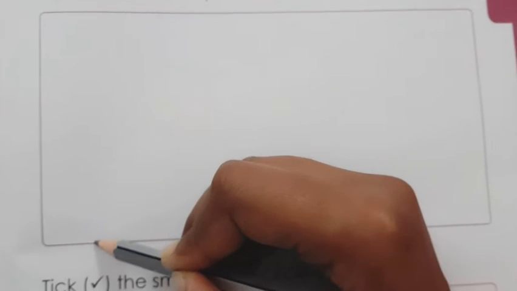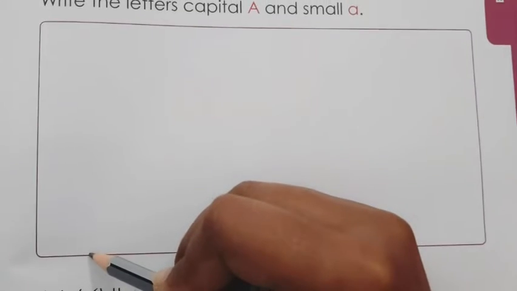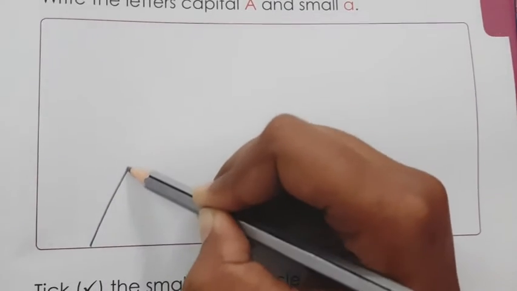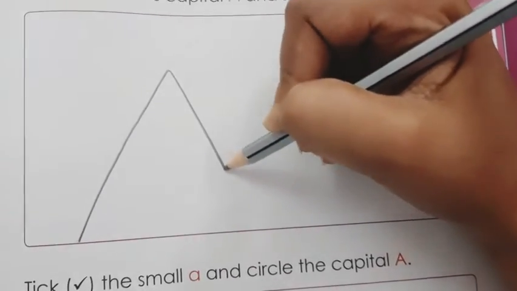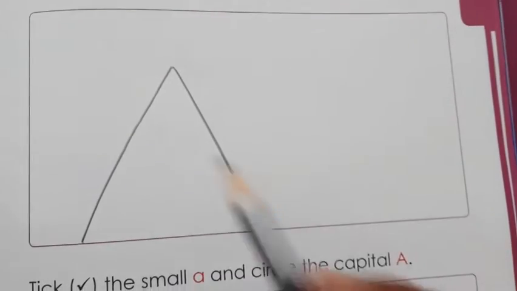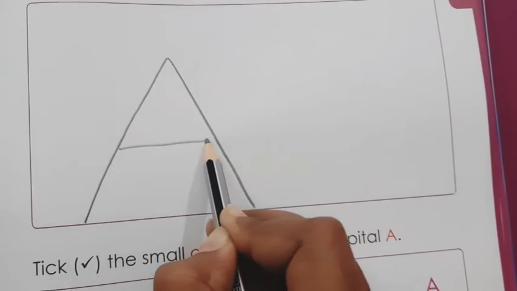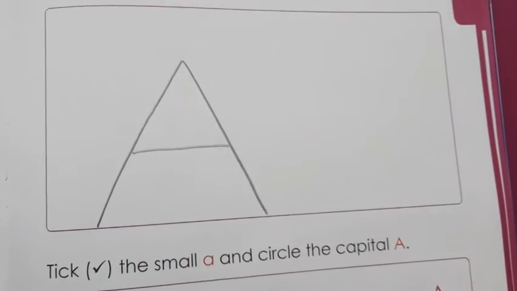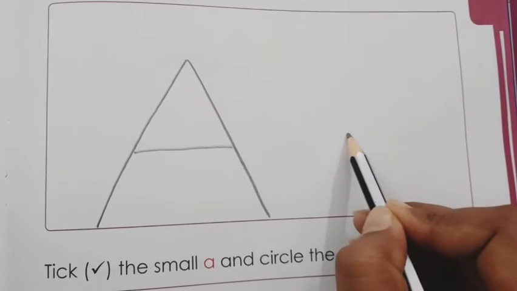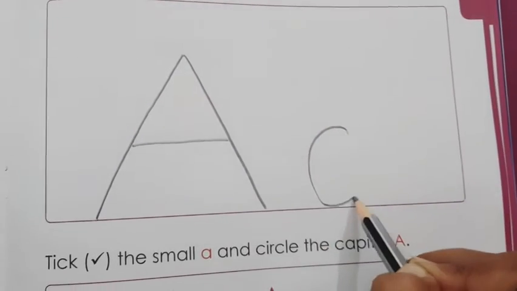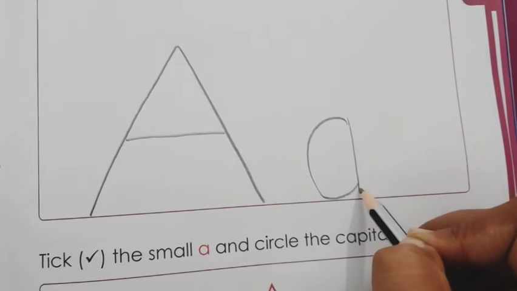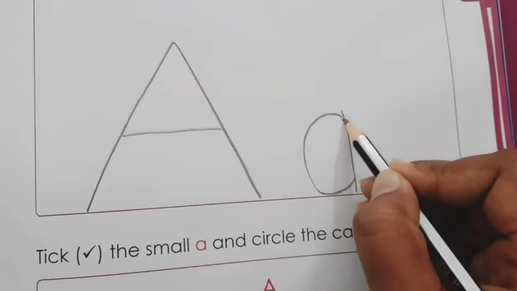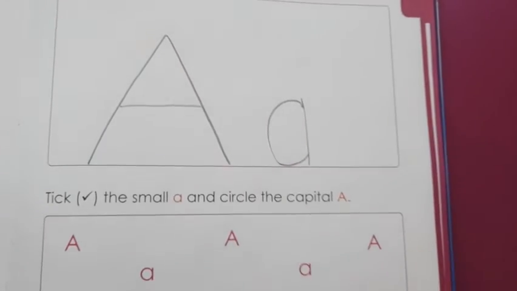Firstly we are going to write capital A. For that we make one forward slant line, then one backward slant line, and a sleeping line in between. This is a capital A. And for small a, one right open curve, then one standing line. Okay, this is a small a and this is a capital A.